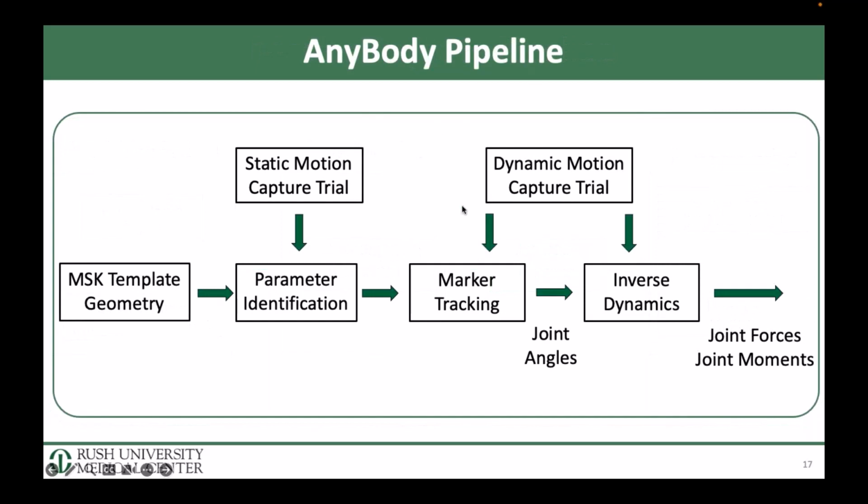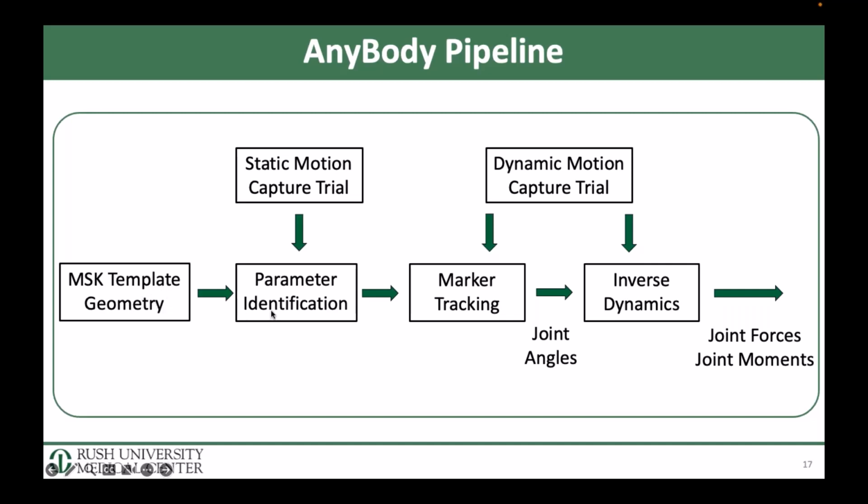Okay, so that's the AnyBody pipeline, the green box I was mentioning before. There are 3 steps that were carried out in this context: parameter identification, marker tracking, and inverse dynamics. First of all, we imported the musculoskeletal template geometry from the AMMR, the AnyBody Managed Model Repository, which is basically a library, a collection of different models. We used the TLEM 2, the twente lower extremity model version 2.1, which was the newest one at the time of